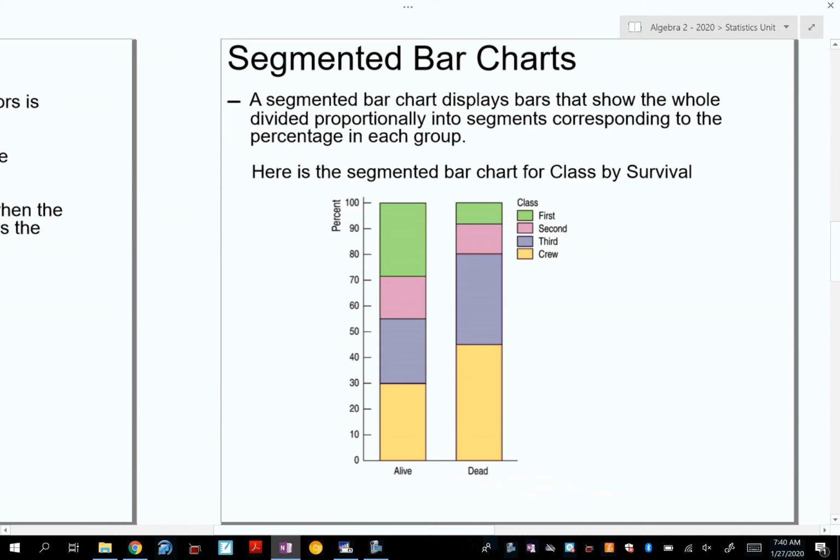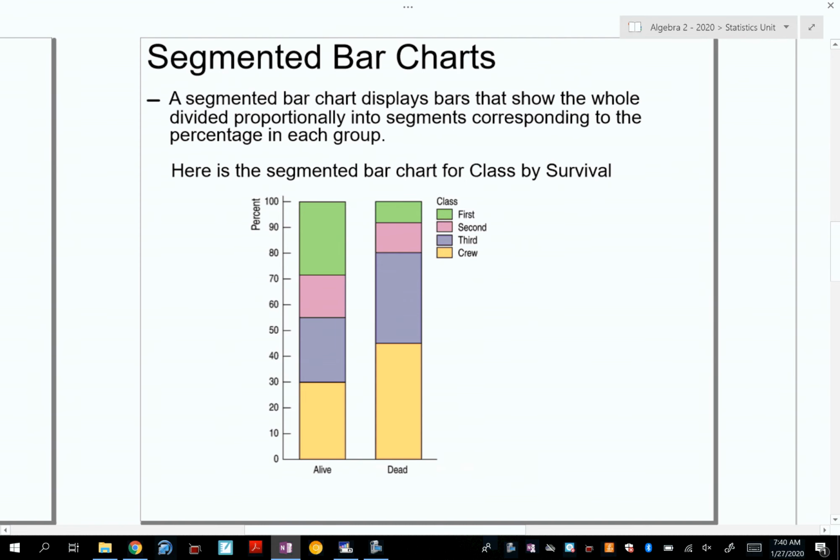Let's look graphically at this table. Okay? Now, this is by percentage. If you look at the one for alive or survive, you can see the first class, and actually the crew had the biggest percentage. But keep in mind, do you think there were more first class or crew on the Titanic? Probably more crew working the actual ship. So even though these look similar in terms of the percentage of people, a lot more